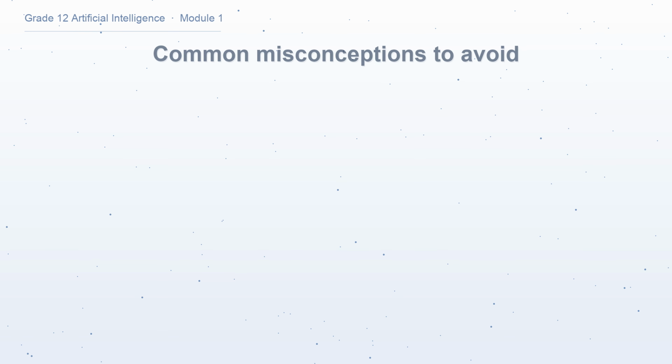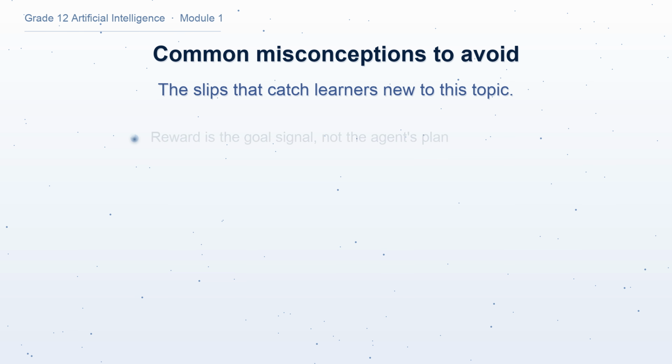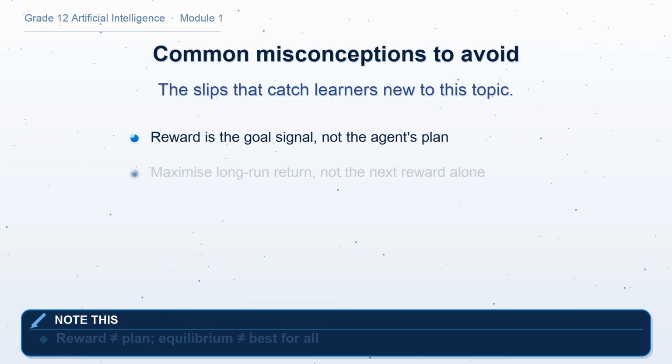Before we recap, let's clear up the common misconceptions. First, the reward is only the signal that defines the goal. It is not the agent's plan and not its policy. Second, a good agent maximizes long-run return, not the single largest reward in front of it. Third, a Nash equilibrium is stable, but it need not be the best outcome for everyone, as the prisoner's dilemma